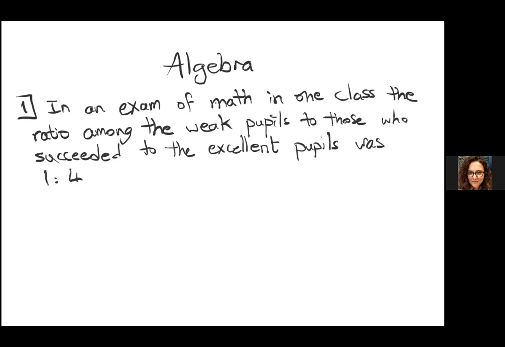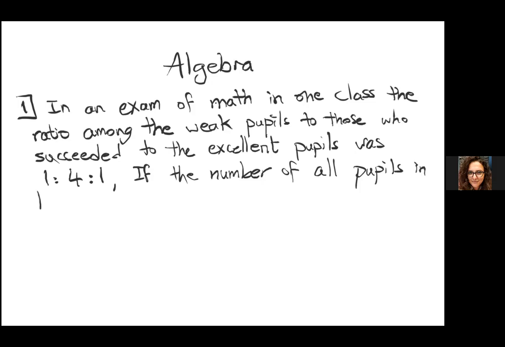So this is the ratio. Now, if the number of all pupils in the class was 30, the question here is to calculate the number of succeeded pupils